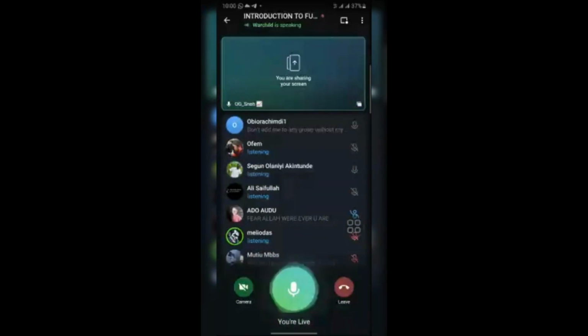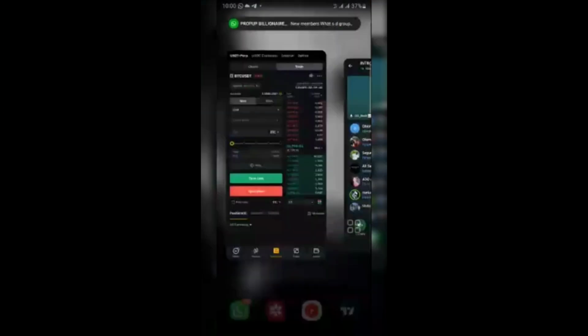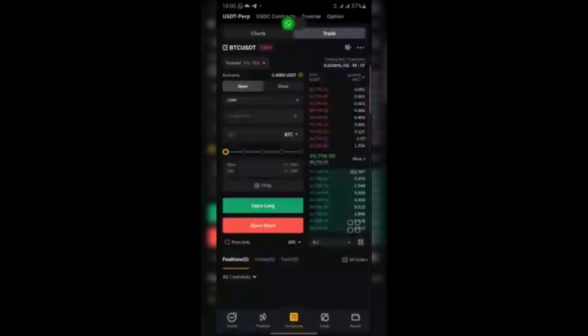I think I understand what the guy is trying to say. Some people are breakout traders. They can set a stop limit order when the price reaches maybe 31,000. You set it above the current price. So it's a stop limit order, and they use that to set it above the current price. Okay, thank you. It's my turn to ask a question.